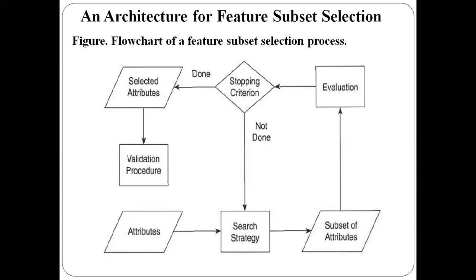At one point, I need to stop the generation here. So here we have different stopping criteria. One is based on the number of iterations, so 20 iterations, 30 iterations. That is also one kind of stopping criteria. The second one is based on the value of the evaluation measure.